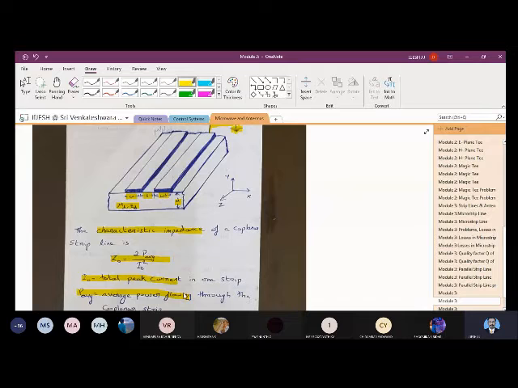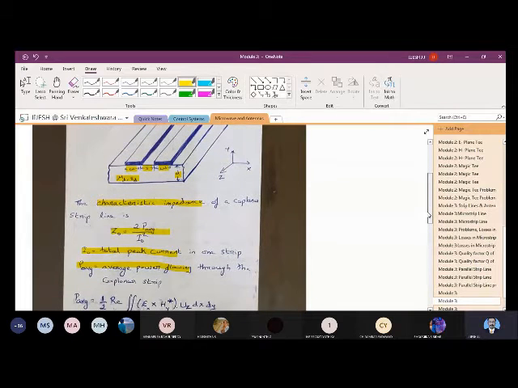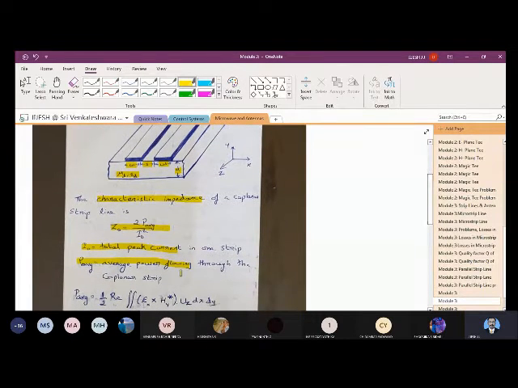All of you have drawn this figure in the previous class itself, I hope. All of you have completed the figure? Yes, sir. Okay. So write the equation for the characteristic impedance. It is a very simple equation to find the characteristic impedance: 2 P average divided by I naught square, where I naught is the total peak current, and P average is the average power flowing through the coplanar strip line.